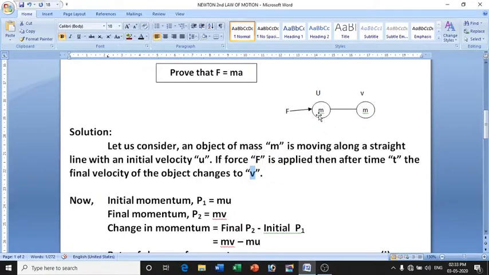I have taken an object, suppose a stone of mass m, having initial velocity u, and when I applied a force F here, then this object, due to this application of force, will change its position. At the same time it is accelerated to a final velocity v also. So in this case, as we have discussed earlier,